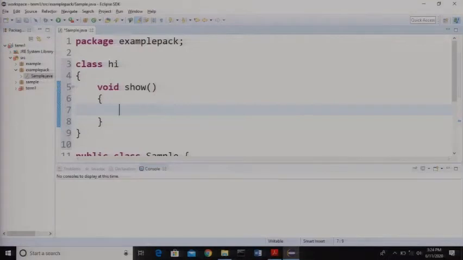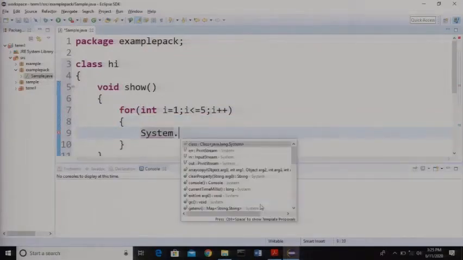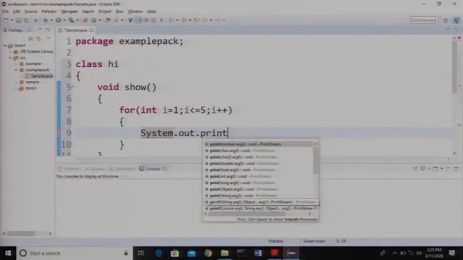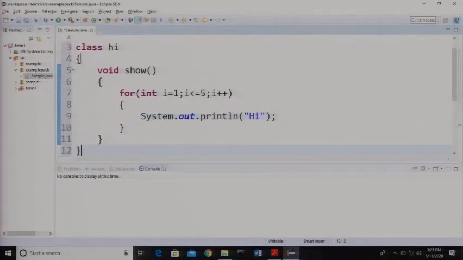In this show method we will use a loop which will iterate 5 times, i less than or equals to 5, i plus plus, and here use the println method, and inside this we are printing the word hi. So here we have class hi.